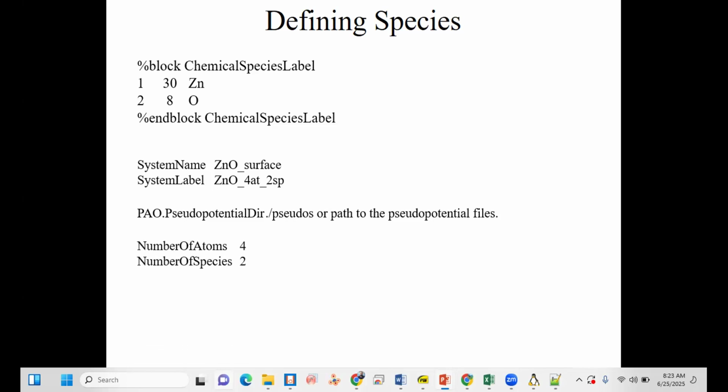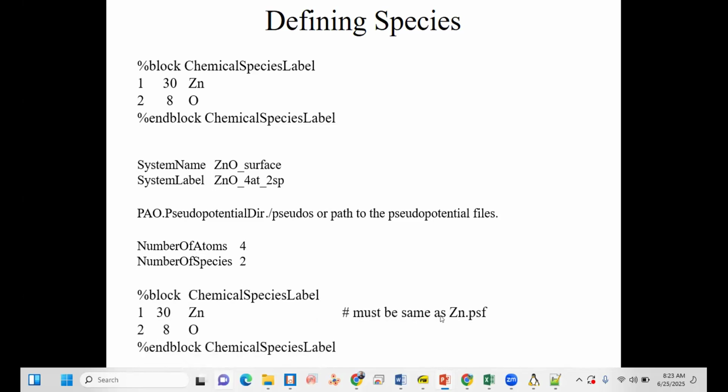Next is how many atoms there are. For the zinc oxide, we have 4 atoms with 2 species. So this block is the chemical species.